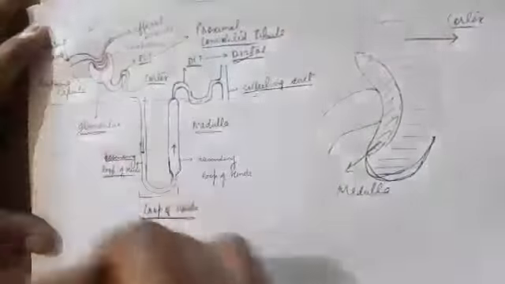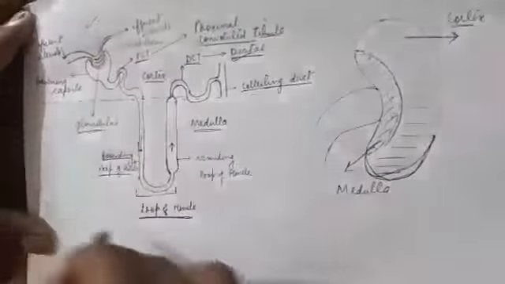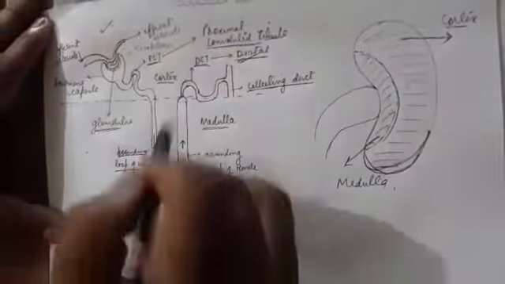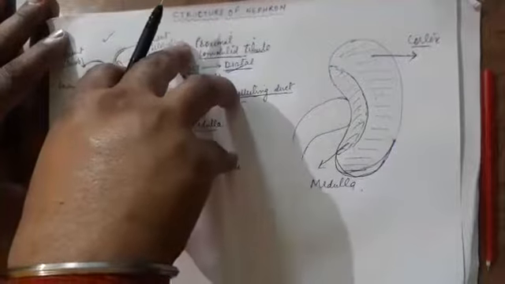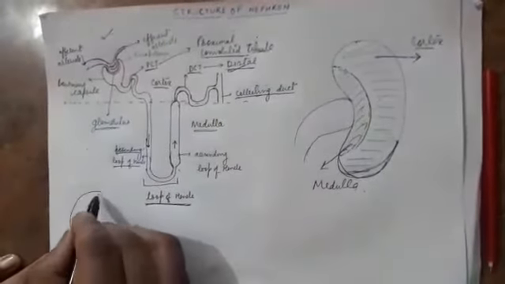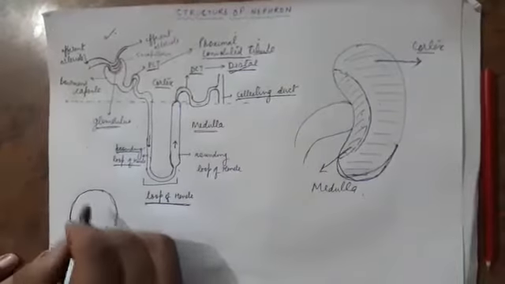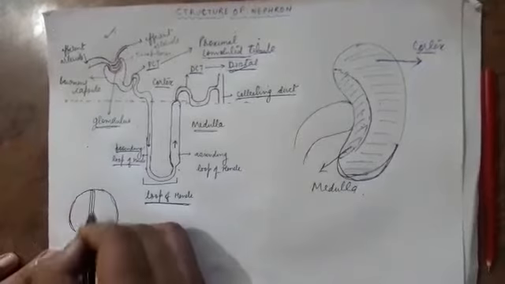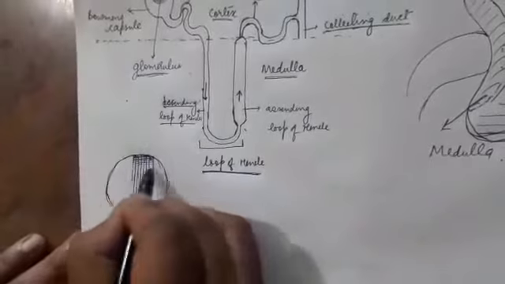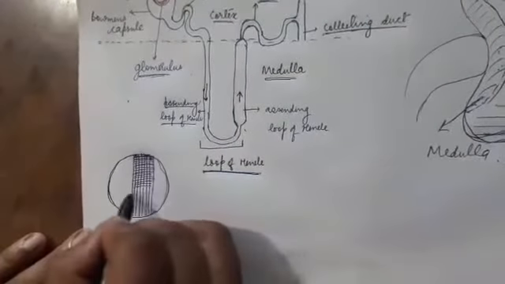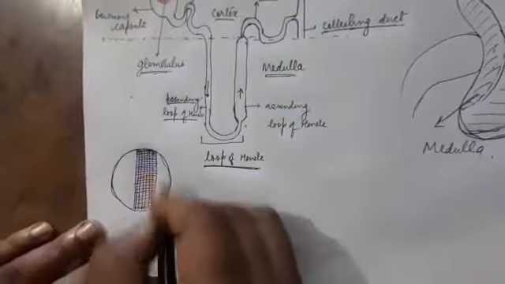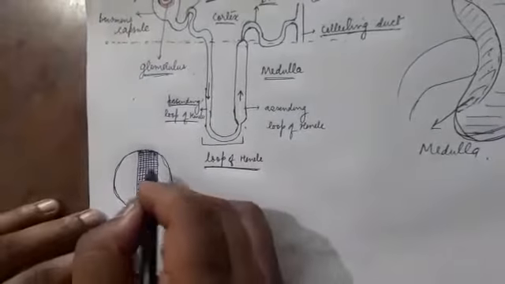Now this is the structure of the structural and functional unit of kidney, that is nephron. There are millions of such structures, thousands, millions, you can say. We can compare it with a sieve. छन्नी देखी है आटा छानने की. The sieve which you have seen is having mesh. It is having lots of holes in this, like this. You have seen this. Okay, many such structures are present in a sieve, एक छन्नी में, जिससे हम क्या छानते हैं? आटा छानते हैं.